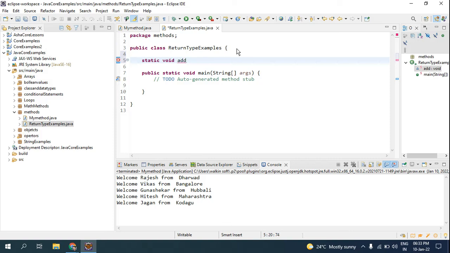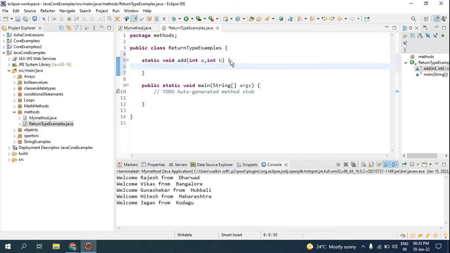This is the addition method. Inside it I'll have int a and another variable int b, and inside this I'm going to write sysout a plus b. So you got this value.